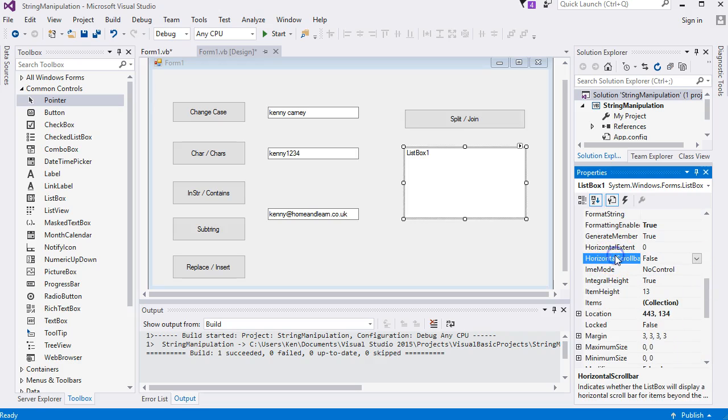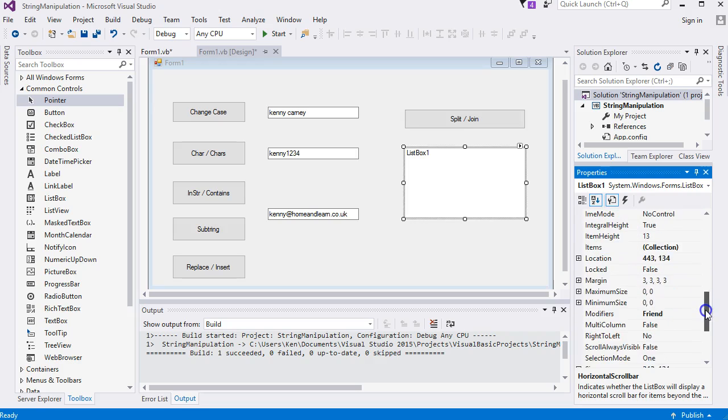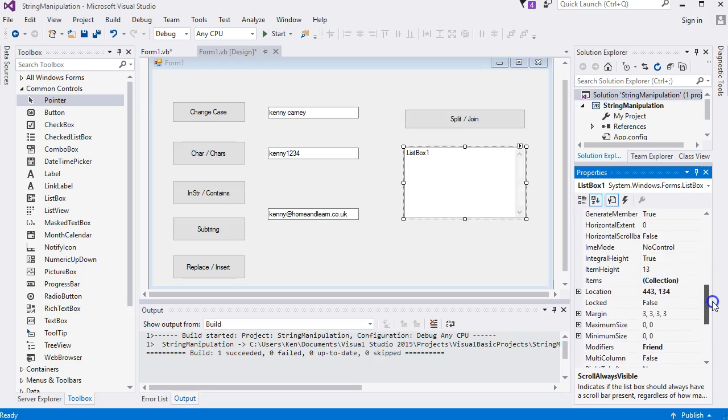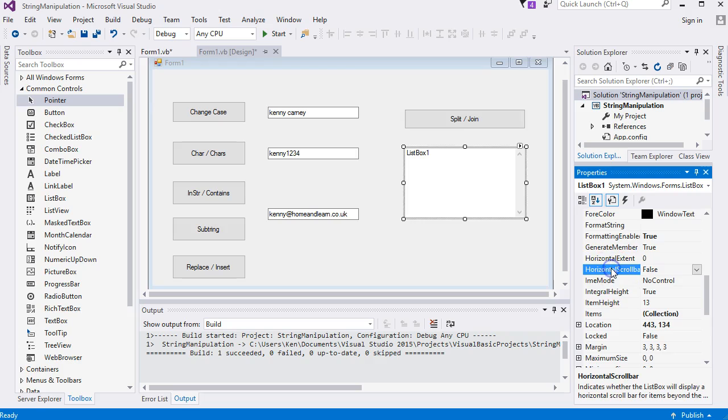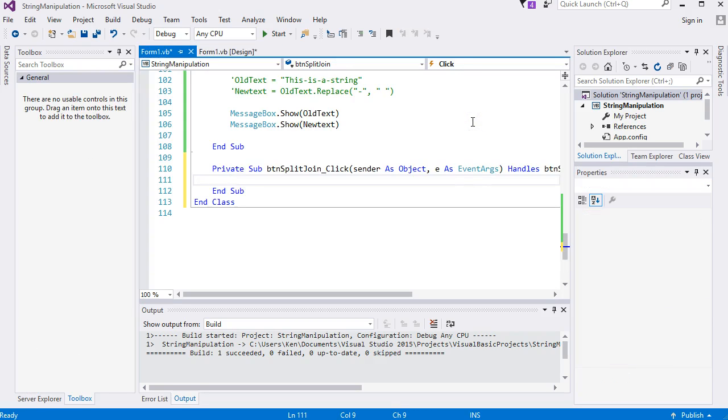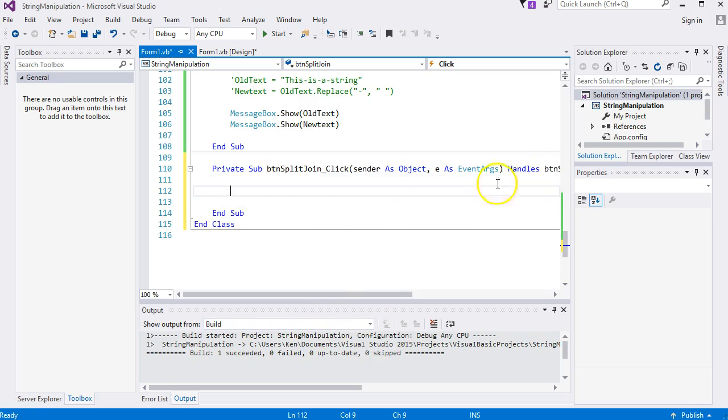So there's a horizontal scroll bar there, bizarrely there's no vertical one. You can set ScrollAlwaysVisible to true, and let me switch on the horizontal scroll bar, set that to true. So that one, and if you double click your button to get to the code,